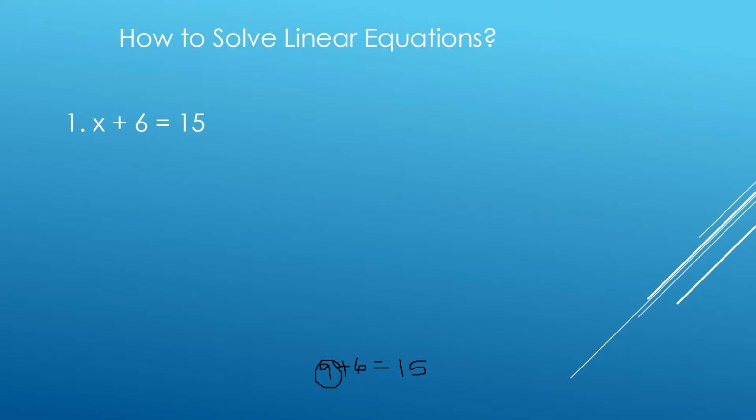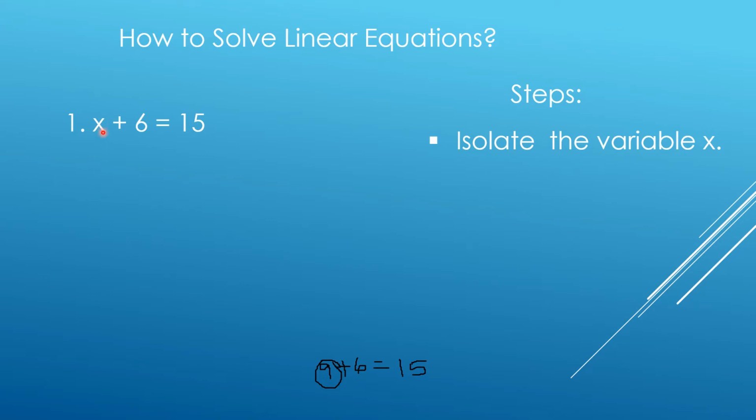Okay? But algebraically, we have a process or steps that we can use to solve for the value of x, because we might need these steps if the given equation is quite complicated. Now, here are the steps. First, you need to isolate the variable x. Whatever the variable, you need to isolate that. Isolating the variable means that you need to put the variable x